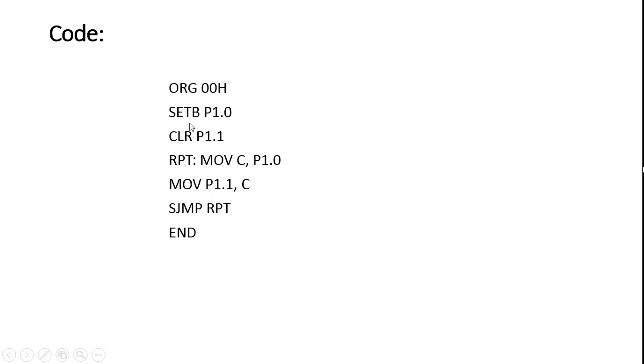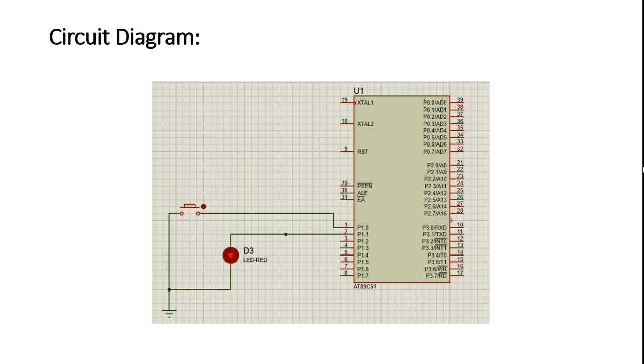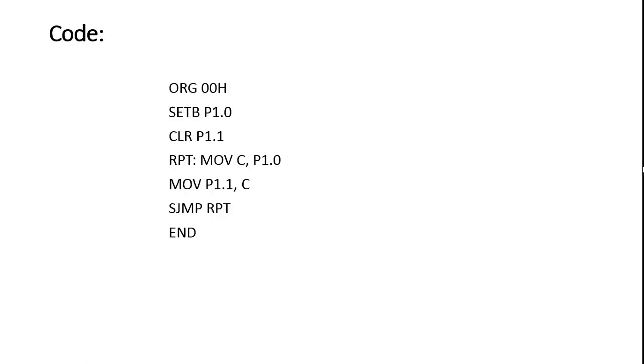So with SETB P1.0, we made it an input port, ठीक है, which you can see here. You would have studied in theory as well: when you want to configure a port as input port, you send all ones to the port, and if you want to configure that port as an output port, you send all zeros to that port.